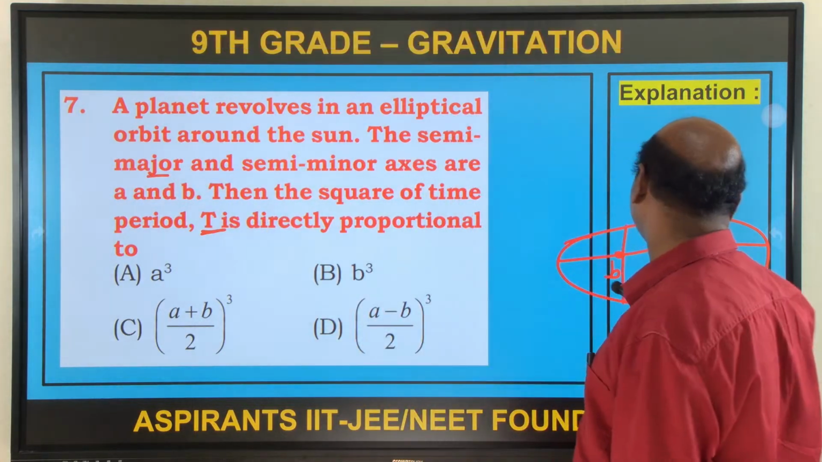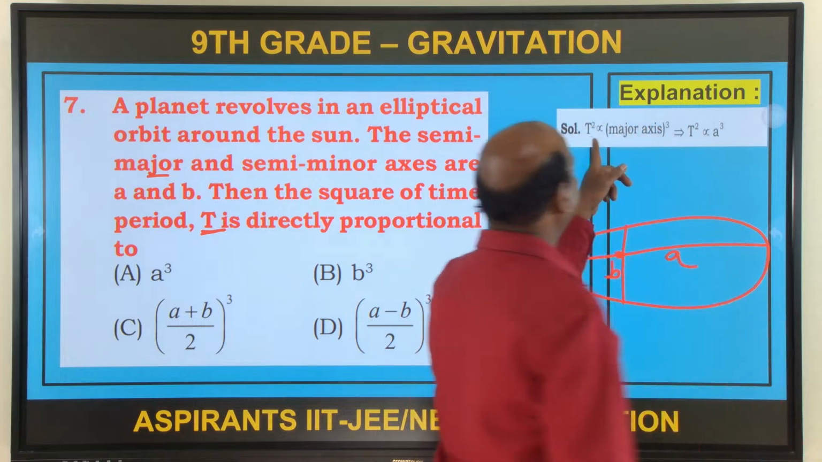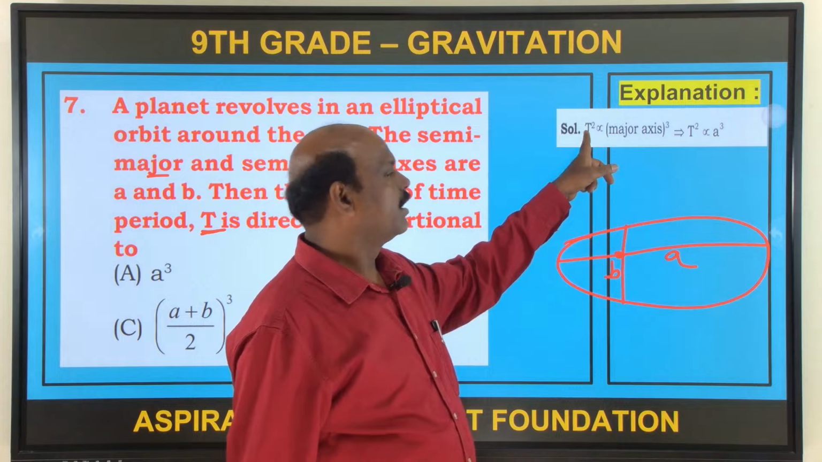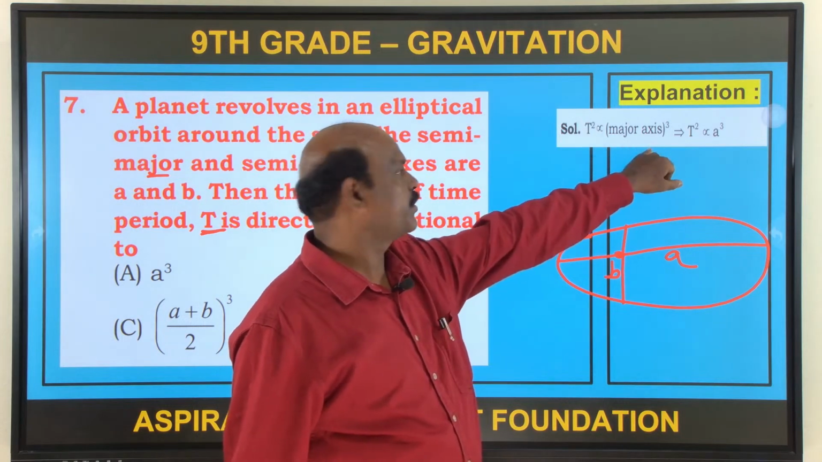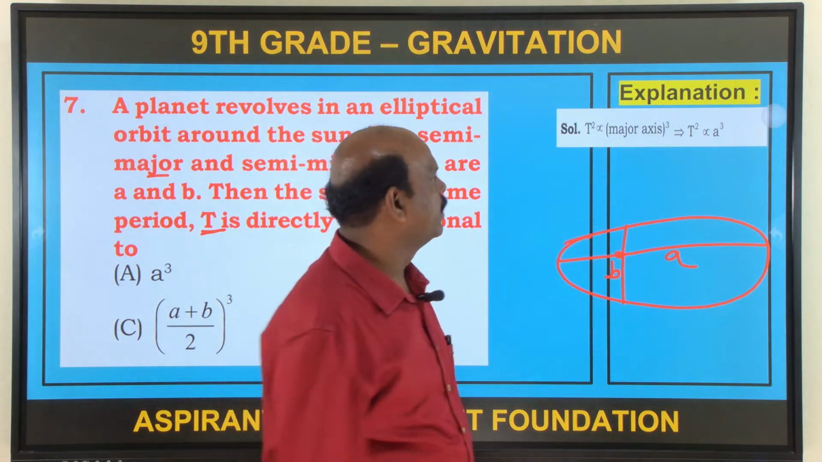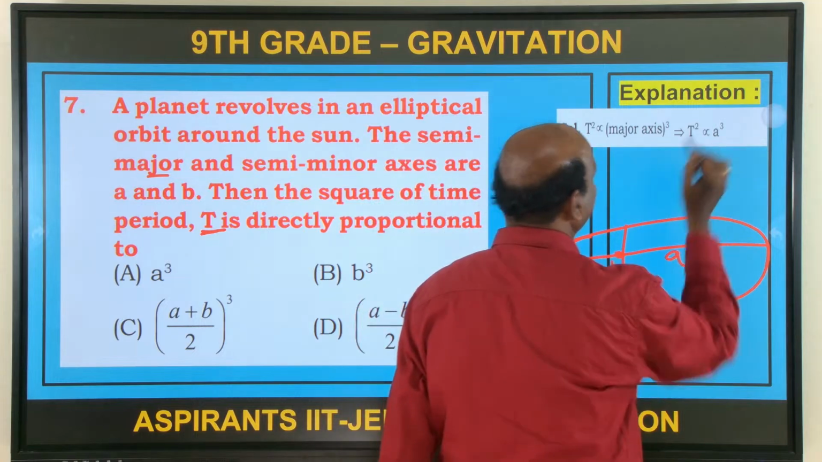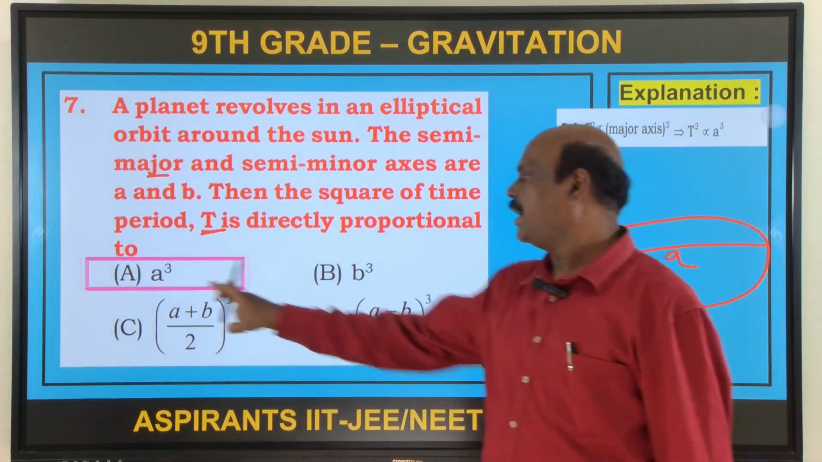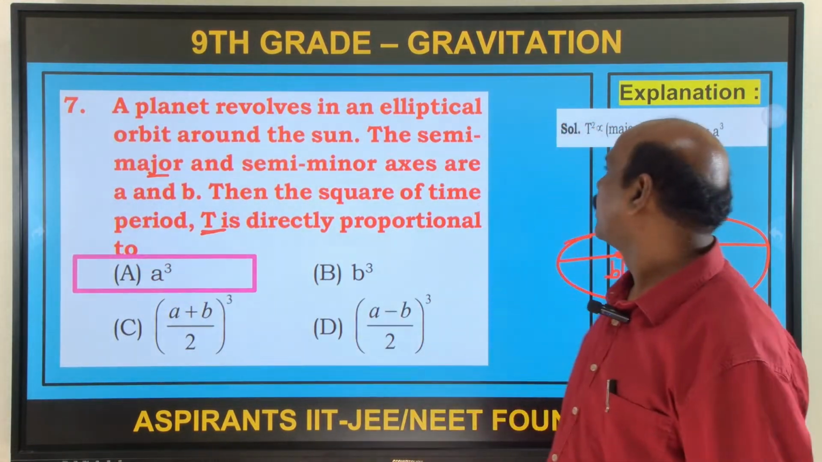This is given by the formula T square is directly proportional to major axis cube, meaning the square of the time is directly proportional to the cube of the major axis. So the answer is T square is proportional to A cube. Here you can see the answer is A cube. Next,